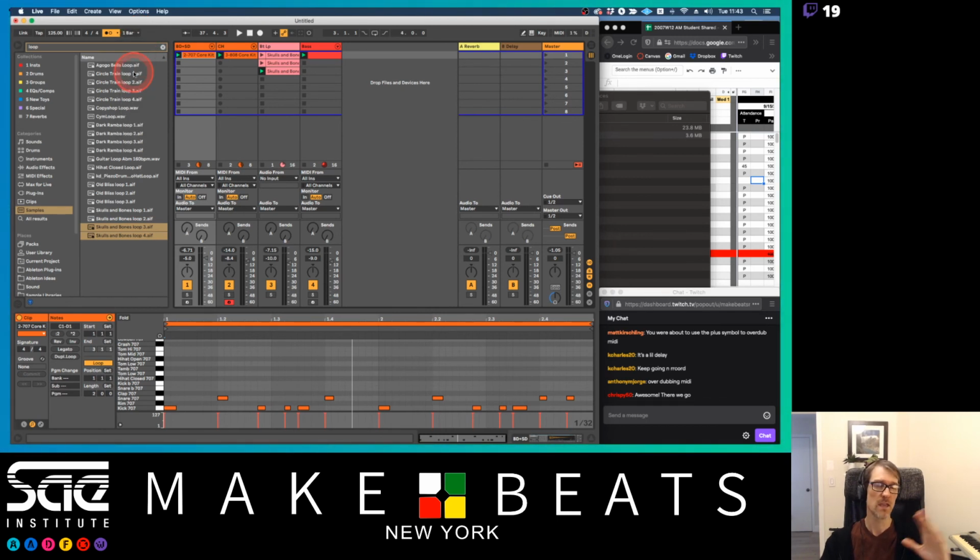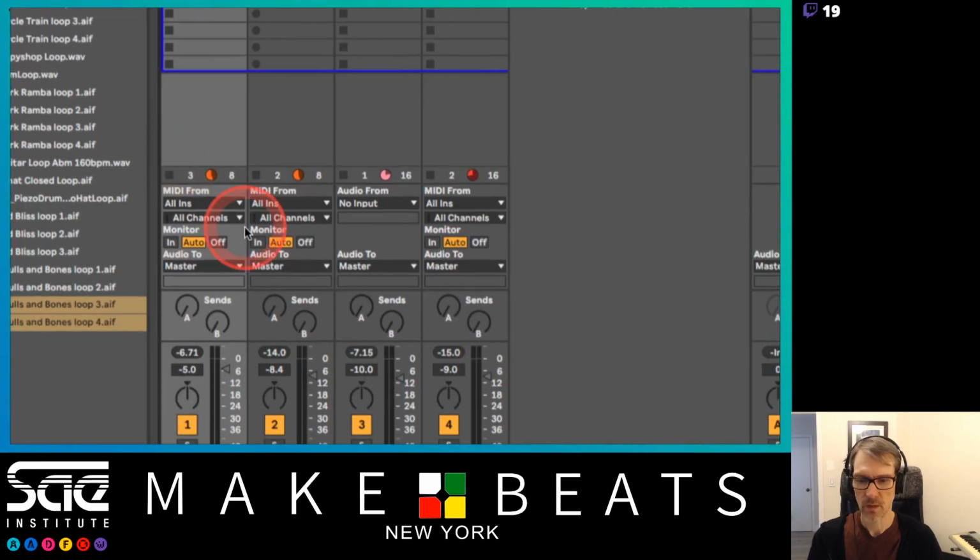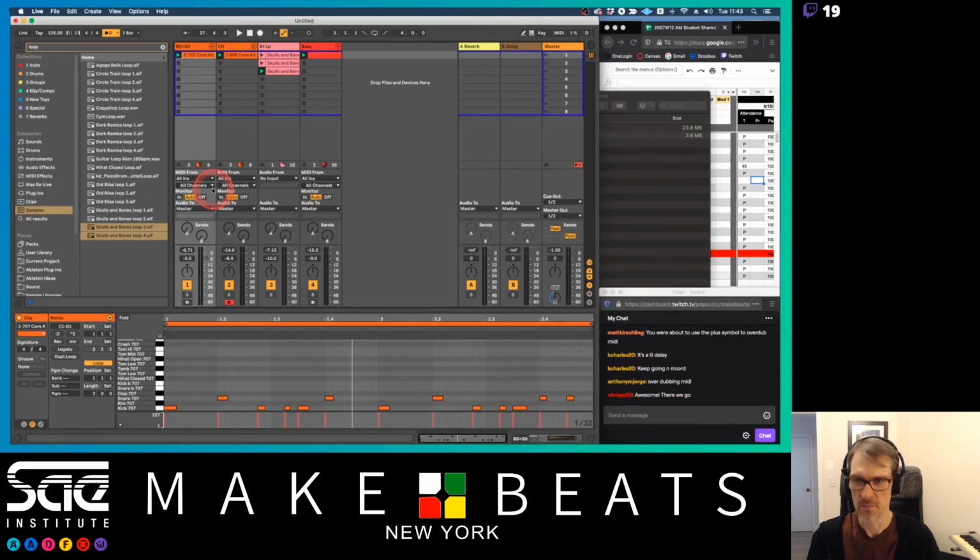I recommend that you keep your global quantize on 1 bar, but different people like to have it set up differently. So what I'm going to do is zoom out. I'm going to change my record to this one here, and show you what it's like to record a drum line in here. Got that there. So if I hit play on this,